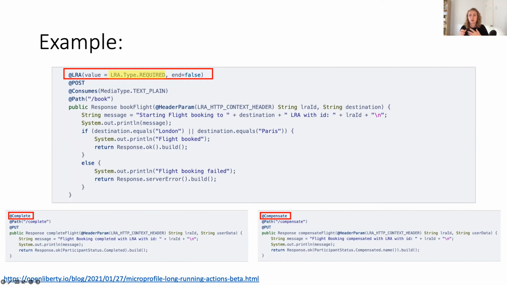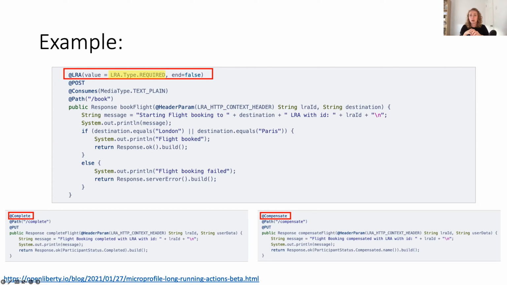Now, I mentioned that there are various different ways that you can get a participant involved in an LRA. You can either get them to always start an LRA, or you can get them to either start or join one, depending on if one exists, or you can get them to just join one and never create one. And that's what this type does. So REQUIRED is the middle one.